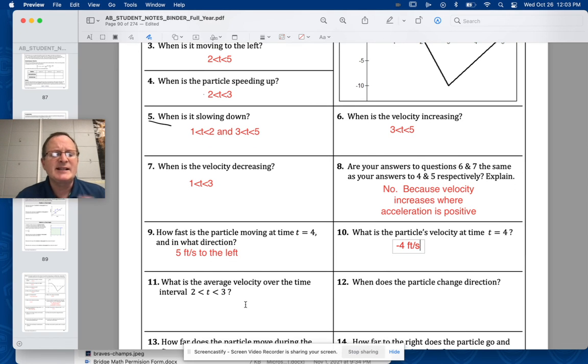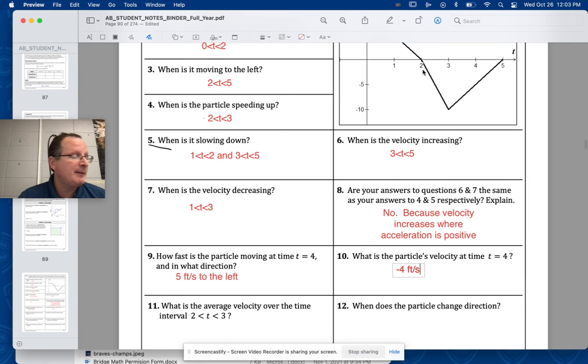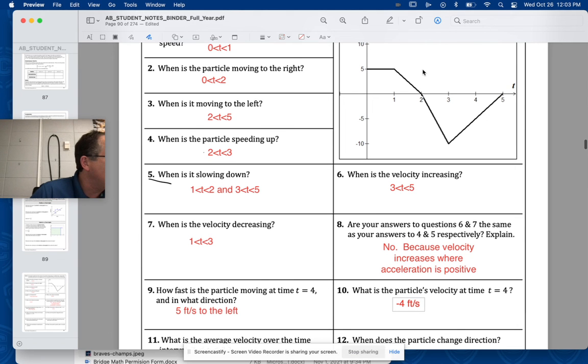Next, what's the average velocity? Anytime you're asked for the average of a particular thing,